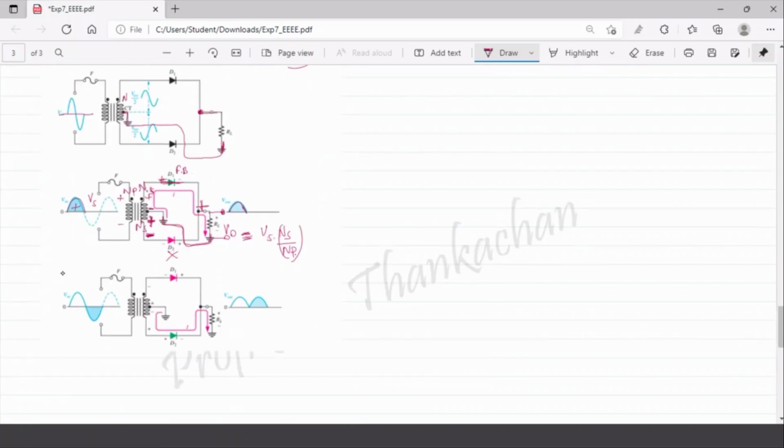In the negative half, the polarity here becomes, sorry, just the opposite. In the negative half, the polarity here is minus and plus, as a result of which you will get minus here with respect to ground, plus. Here also you can see that these are connected to ground, meaning they are connected at the same point. What will happen? The minus, which is connected to the diode anode, will disconnect this diode from the circuit altogether. This will be the reverse bias condition, open circuited. So it is not connected here.